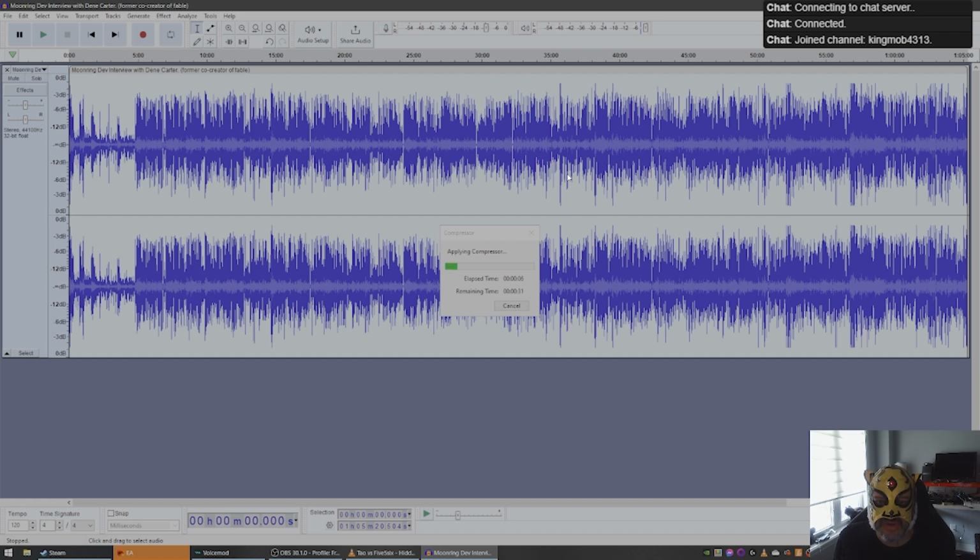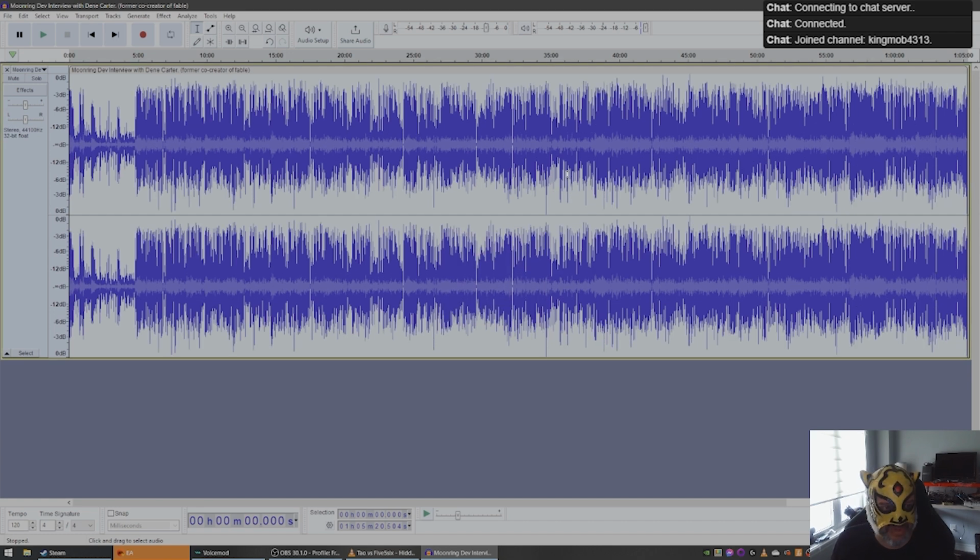And what this is doing is it's bringing out quieter things and bringing them up to like the medium point and suppressing louder things and putting them more towards a medium point. So everything has a nice, round, even sound. And this is even without EQing. Now, what I just explained is a bit of a simplification, but